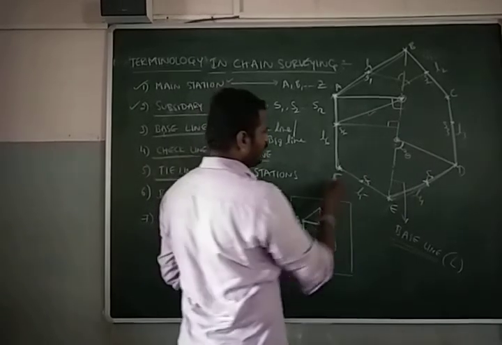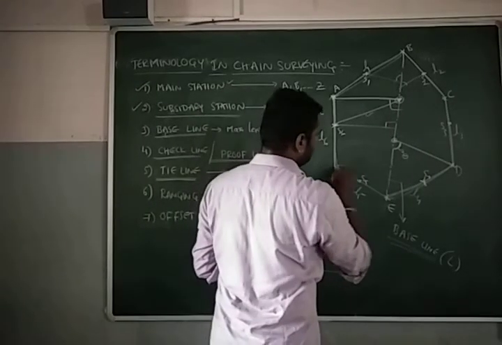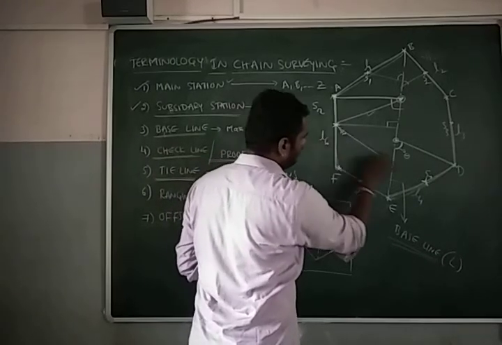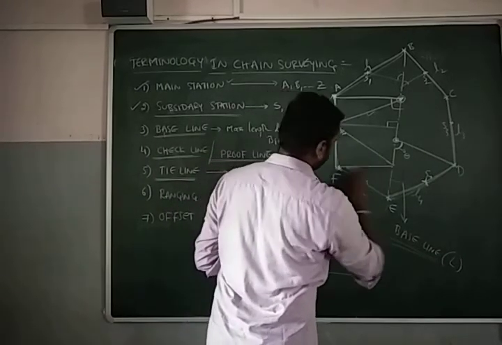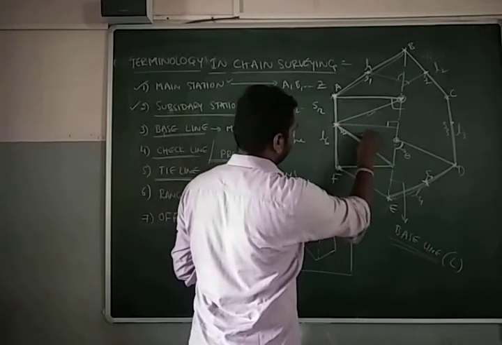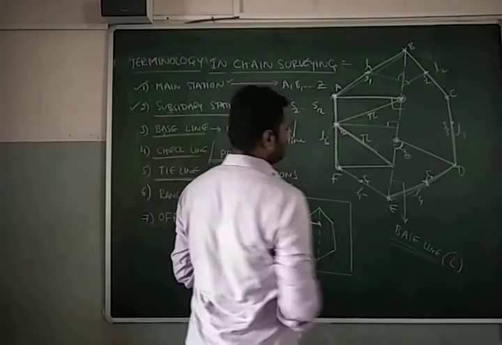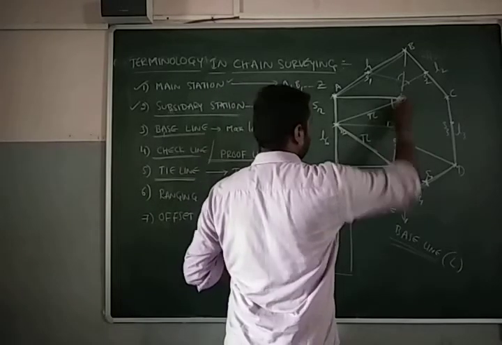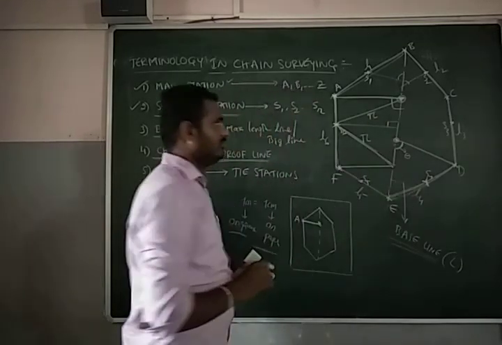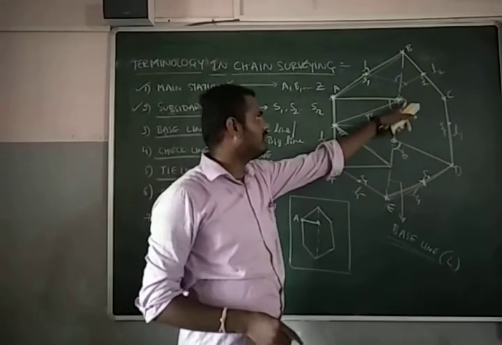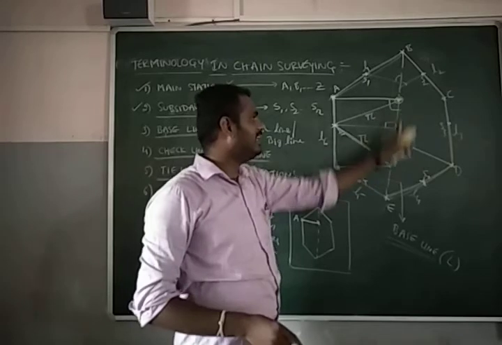Okay. So likewise, I am taking another point from apex that is different. From somewhere else over here, you may take a point up to here and connect these two points. So this line will become a tie line. This becomes a tie line. Okay. So this becomes a station, and this also becomes a station. You can call these stations tie stations.